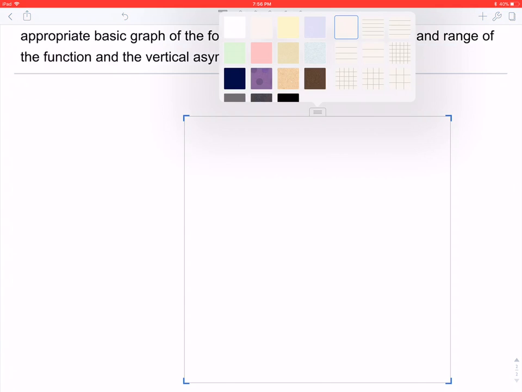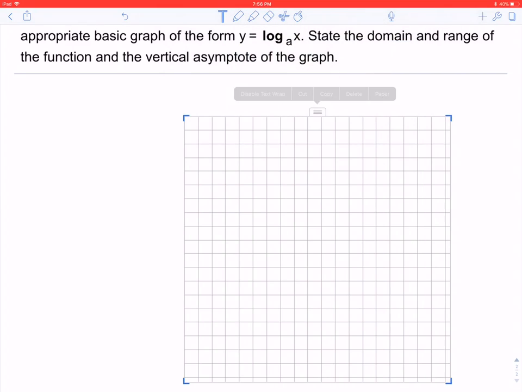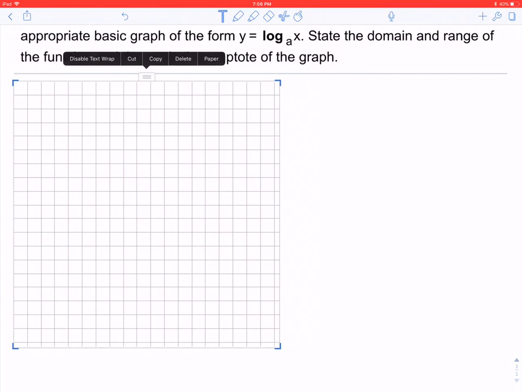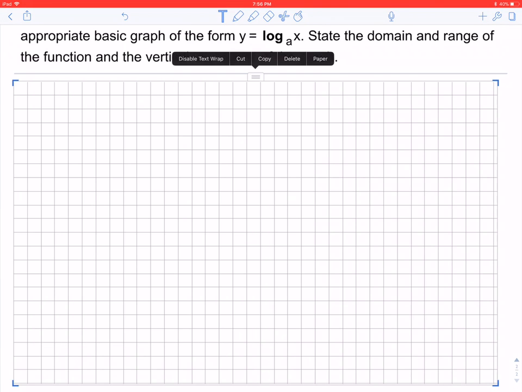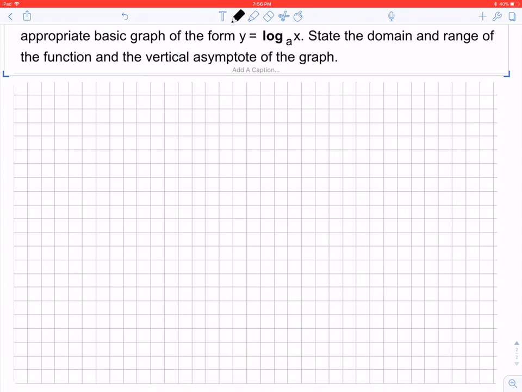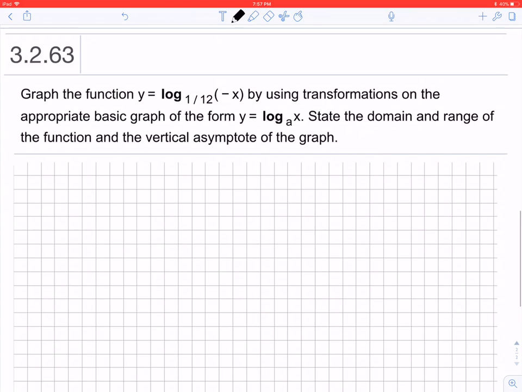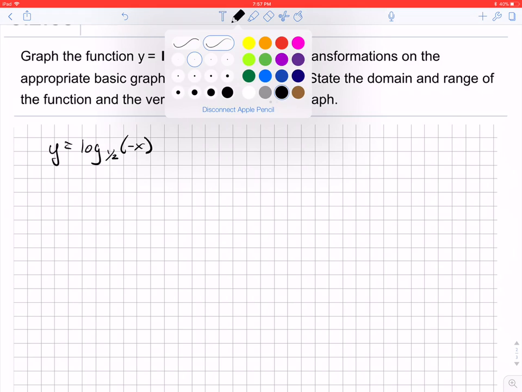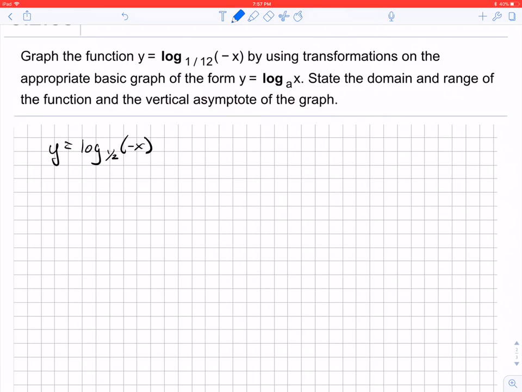Paper. Let's introduce some graph paper. Okay. So we have graph paper. So then it says, all right, so we want to graph y equals the log base 1/2 of negative x, okay? And we're going to let the parent function, we'll let it be in blue, y equals log,